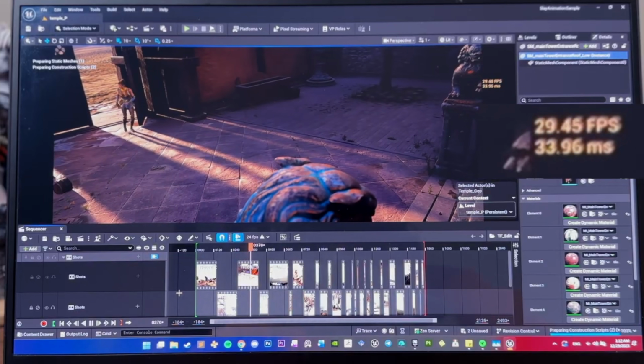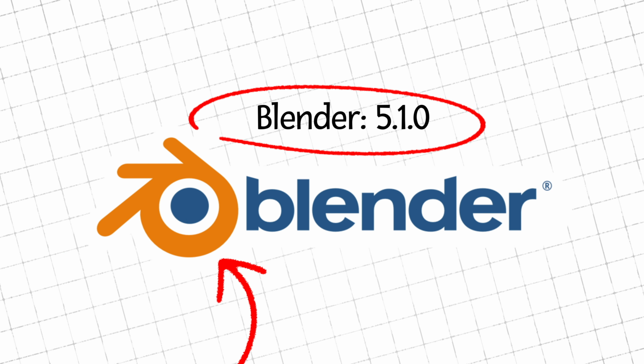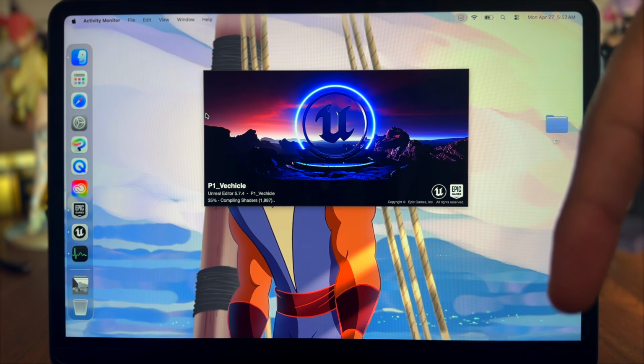Because if we are talking about other software such as Photoshop, Clip Studio Paint, After Effects, Maya, even Blender, I have tested all of these and I will leave a link for you to check all of these tests through